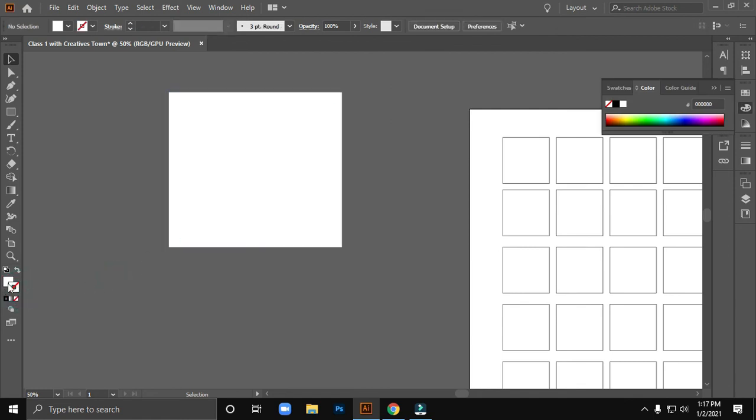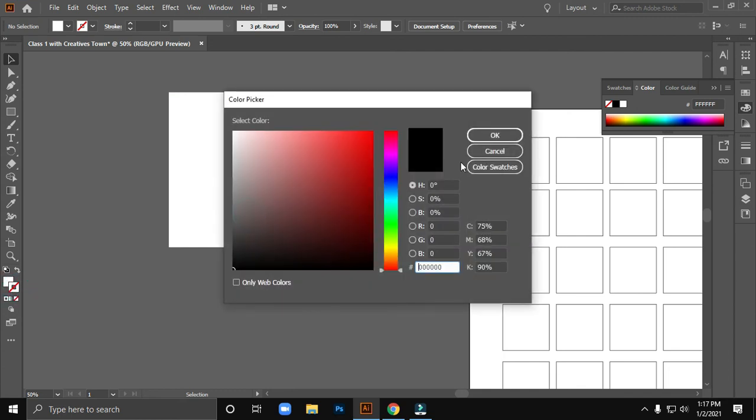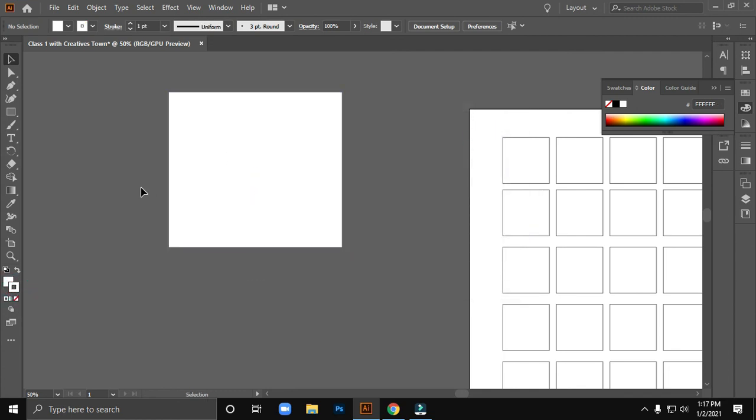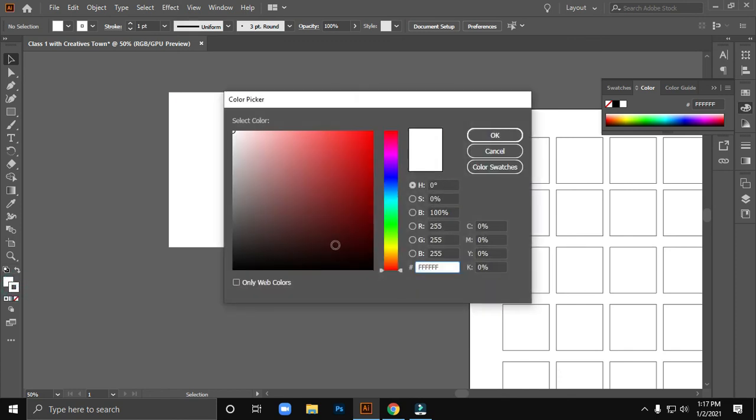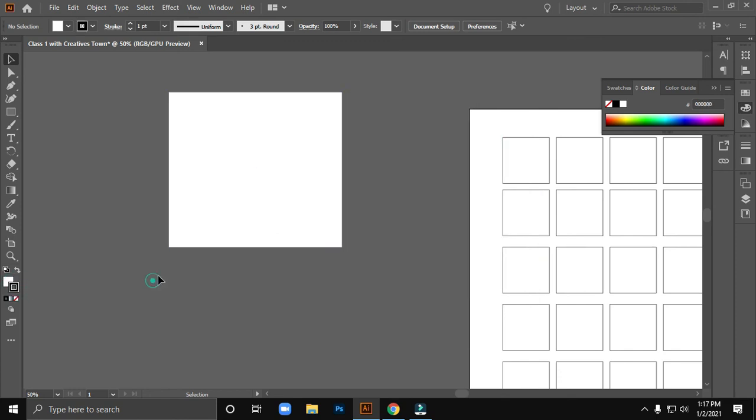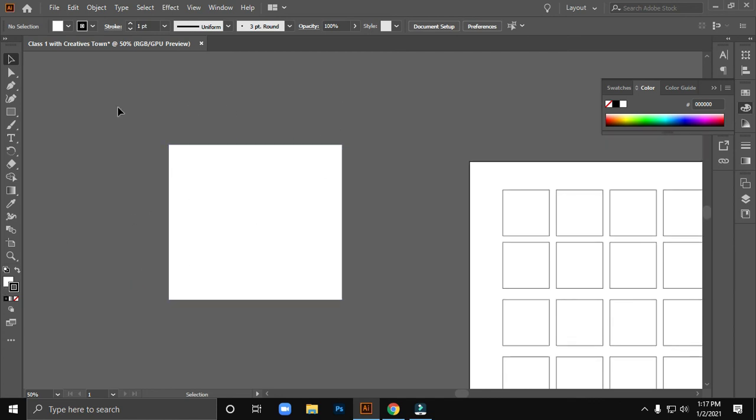Oh, I forgot to tell, in Illustrator the first color palette you see in the left of the toolbar is the fill color. That means inside the shape what colors it contains is the fill color, and this is the stroke color. That means it's the outside of the shape, which color you want for border or anything. It's called the stroke color. So basically these are the main work of selection tool and shape tools: stroke color, fill color, grouping